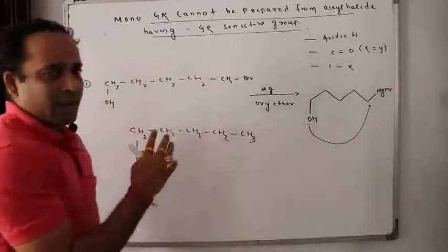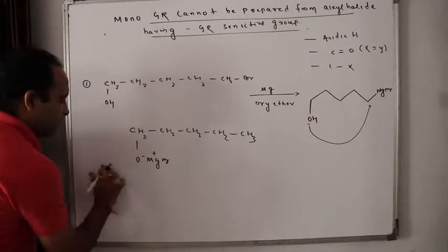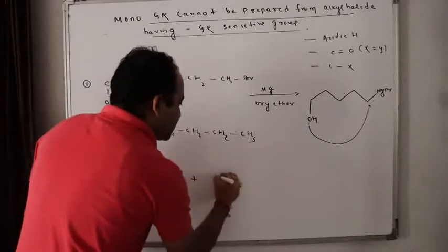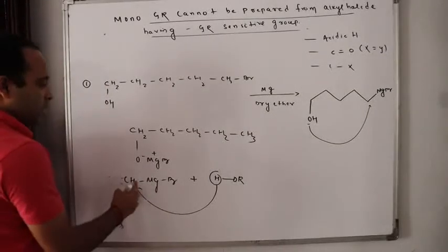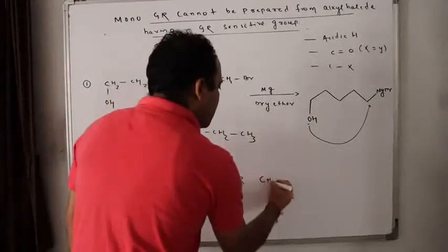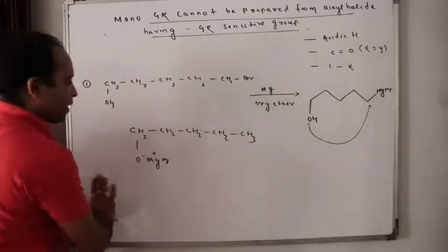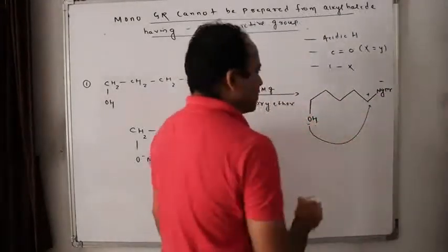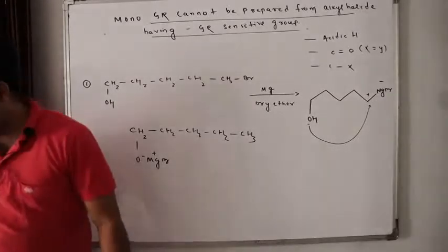Remember, today I gave you the example at the very start. What did I say? If you don't remember, I'll make you remember. Look here: CH3MgBr with acid sensitive group ROH. This H comes to this CH3, isn't it? Why? This is plus, this is minus, this is the acidic part. So it forms what? CH4. Do you remember or not? Same thing happened here. This alkyl part is minus, this is plus, this part took this H plus, so it becomes CH3. Easy? Yes or no?